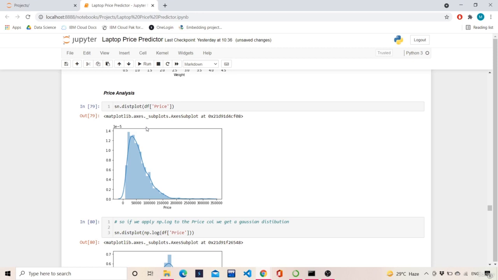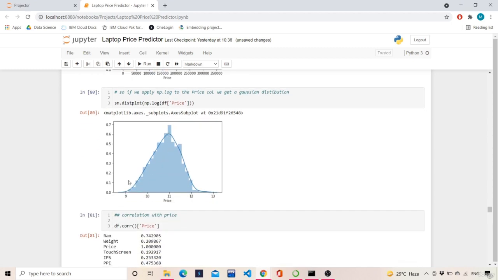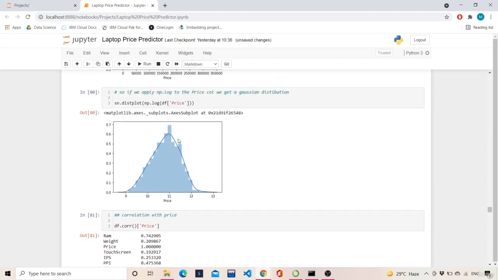So we tried to see whether a log transformation can work or not, and we saw that the log transformation actually changed the distribution from left skewed to centrally skewed. There is a simple trade-off between logarithm and exponential. So what we will be doing is converting the price column into log of price.